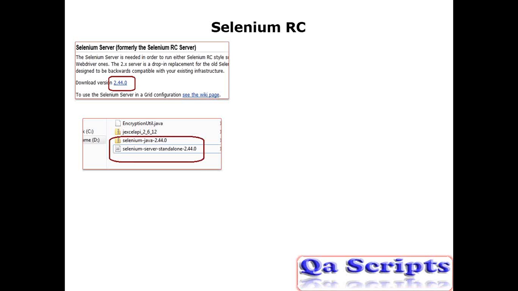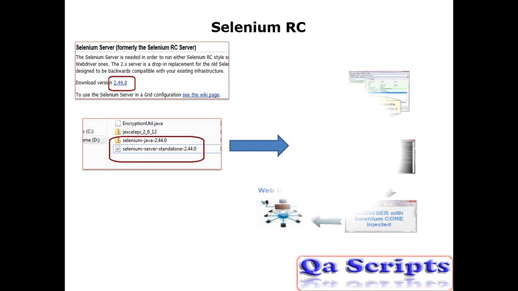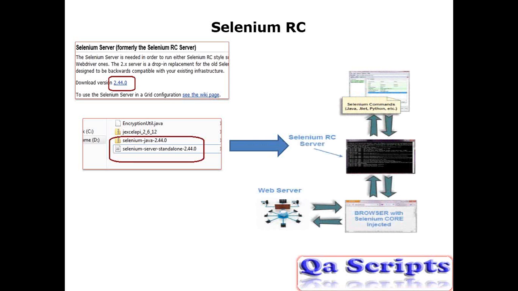Now we need to launch, or run, this API before executing a script. How will the script actually be? The script will be written in Eclipse using any language. It may be Java or .NET or Python or Ruby as well. So if you want to execute the script we have written, Selenium RC has to be started before execution and it should be up and running.